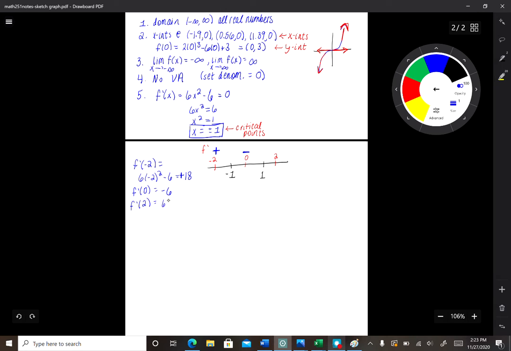This is 6 times 2 squared minus 6, which is positive 18 again. So what we have just determined is that our function is increasing on the intervals from -infinity to -1 and +1 to infinity, and we are decreasing